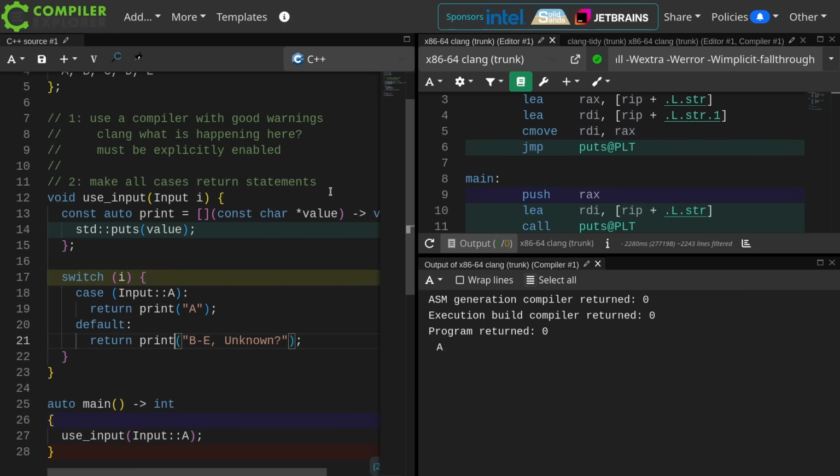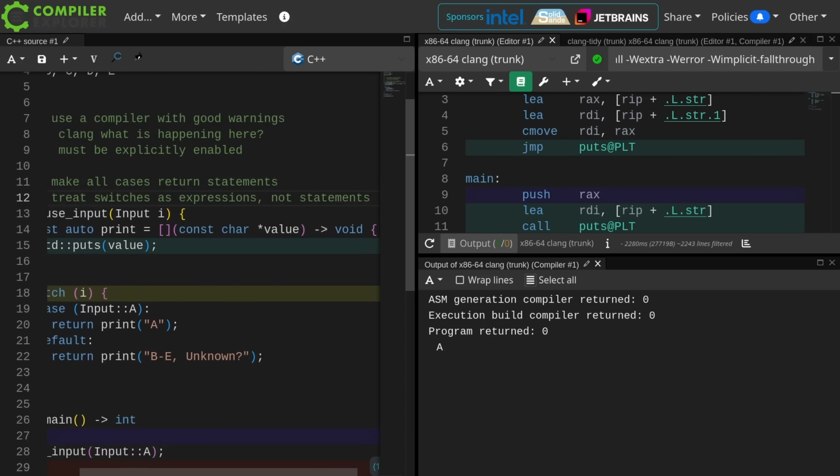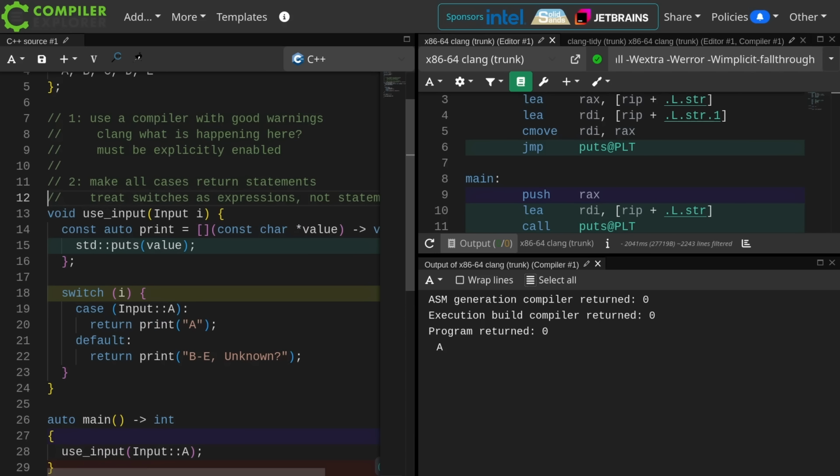Make all cases return statements. Let's rephrase this. Treat switches as expressions, not statements. I am planning to do a talk on this topic specifically later this year.